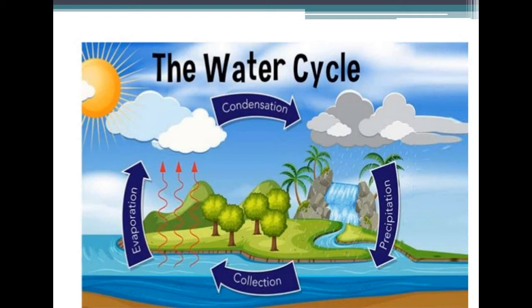So what happens? Here the water gets evaporated and then it forms clouds. When the cloud is formed and matured, then it condenses. And after the process of condensation, the cloud precipitates again on the surface of the earth. So another process is precipitation. Again it precipitates on the surface of the earth and it comes back to the same place, the river or the ocean from where it originated, from where it evaporated, and then the water is again collected there. So this process is known as the water cycle.